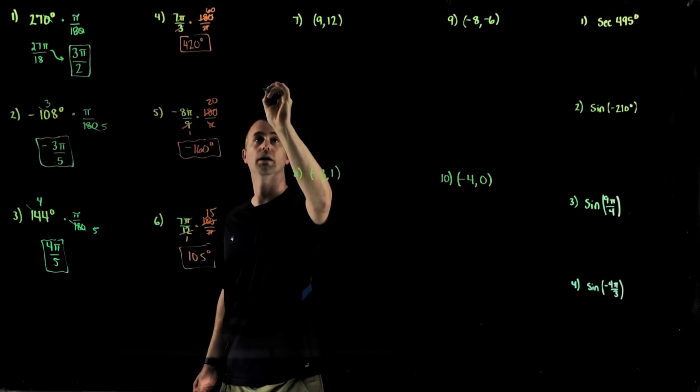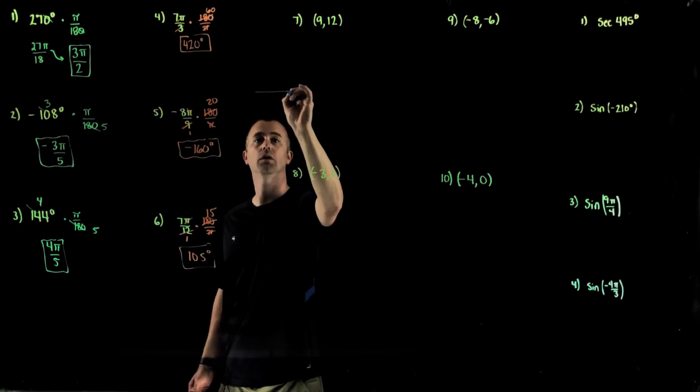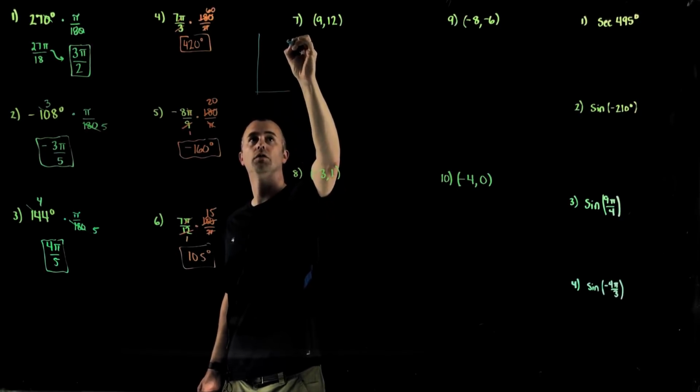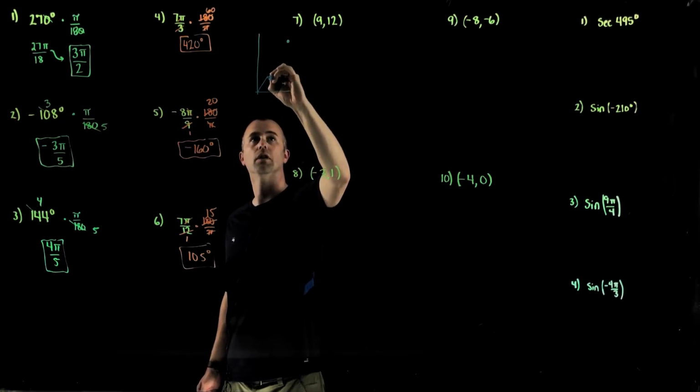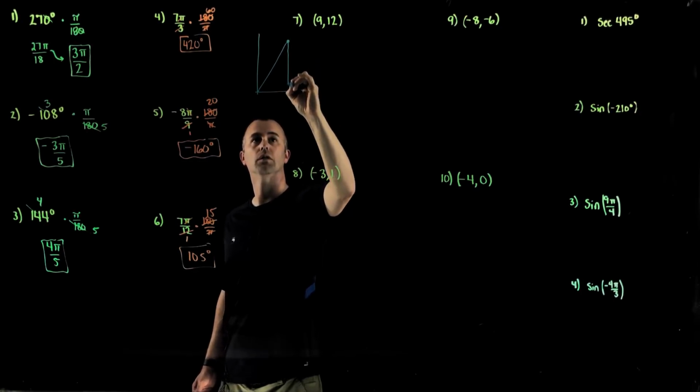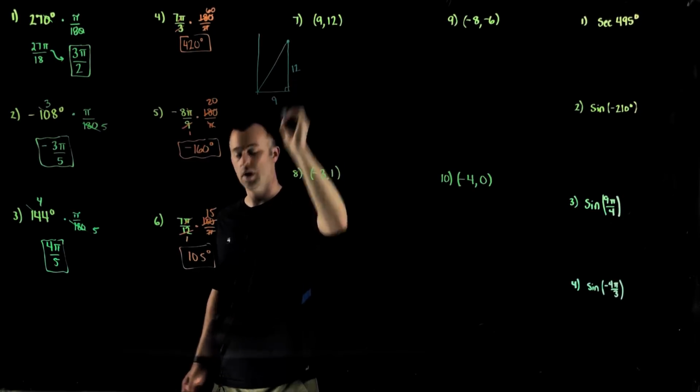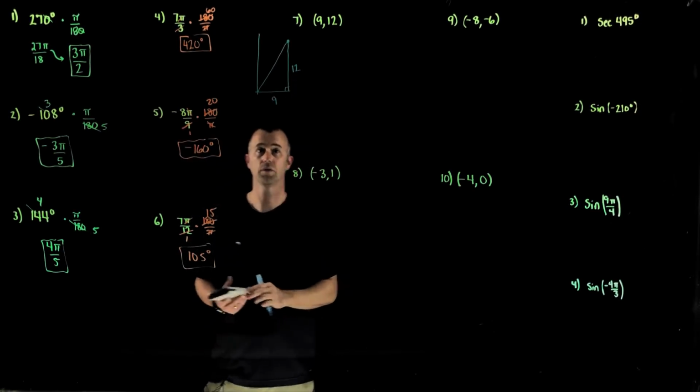So I'm going to go ahead and sketch that triangle. I'm going to have my XY plane here. I'm going to 9, 12. Looks good to me. And I'm going to draw a little triangle. So this triangle again is 9, that's 12, and we're going to do a little Pythagorean theorem here, which is